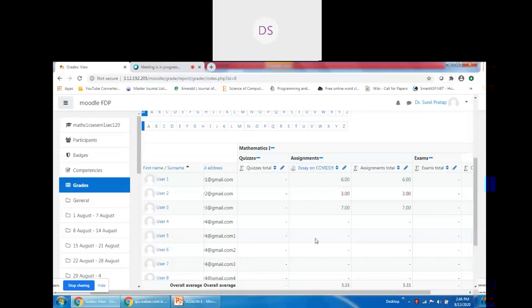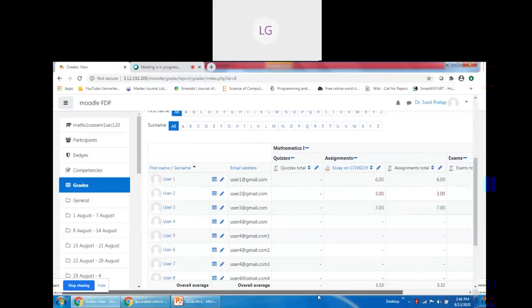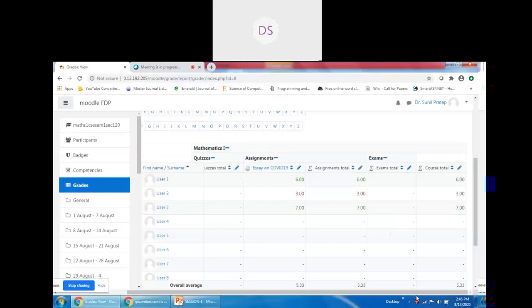If I create another assignment, it will obviously fall under this assignment category. Sir, I want the allocation of the marks to be 25% for quiz, 25% for assignment, and 50% for the exam. This is how we have just configured. When we fill in the marks of all those components, then we will see the effect of weightage. We have just completed one activity. Let us see, we will add more activities.